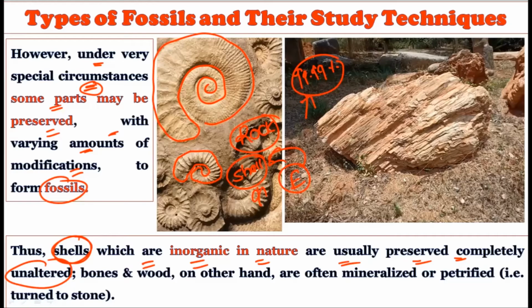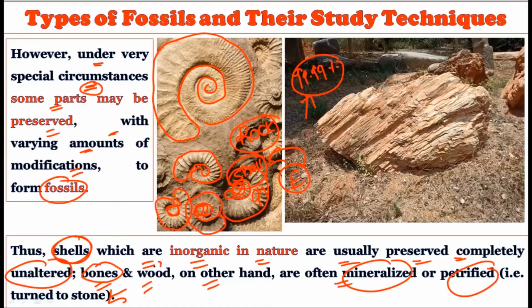Now we have the shells in the form of fossil record, and this type of fossil record is always found along the seashores. So we have different types of fossil records for these shells, because these shells did not decompose sooner when the organisms died. Now see, the bones or the wood, on the other hand, often get mineralized or petrified, that is, they convert into stone. For example, if the bones or the wood get fossilized, they actually first get mineralized, and different types of minerals get deposited into them, or sometimes they even get petrified, that is, they turn into a stone-like structure.